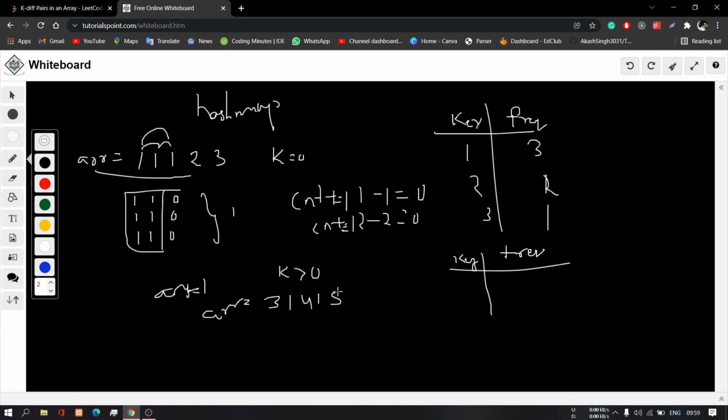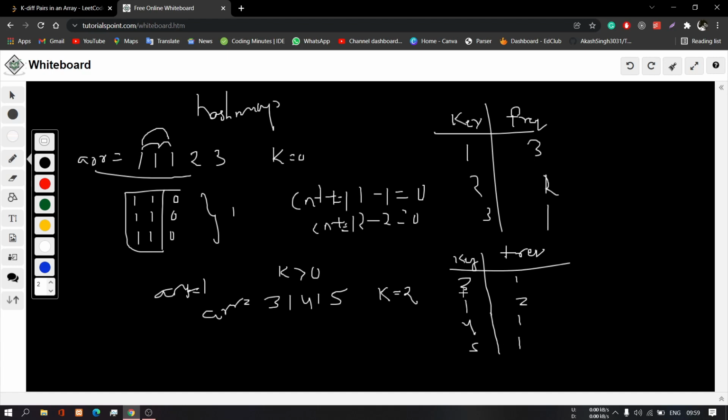I think this is the first example, and the k value will be 2. The initial approach is the same. You first put all the elements into the map and store their frequency. So it is 3 one time, 1 two times, 4 one time, and 5 one time.